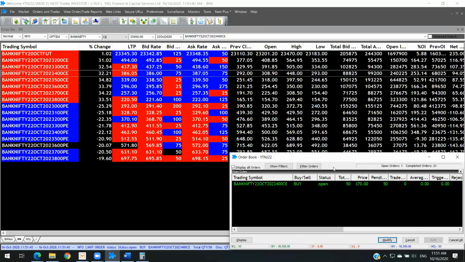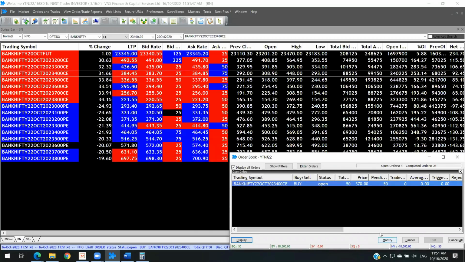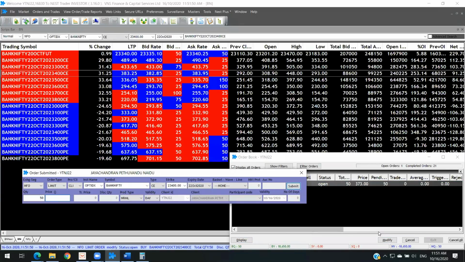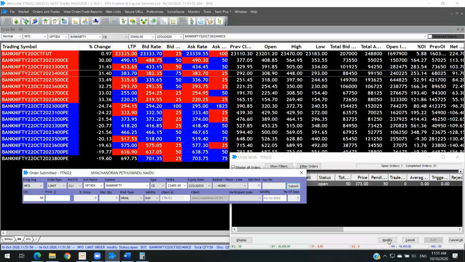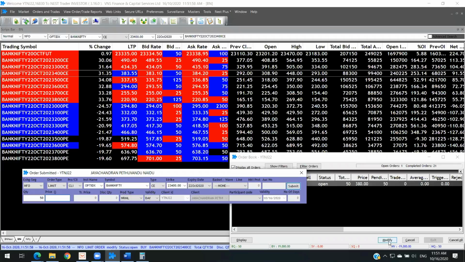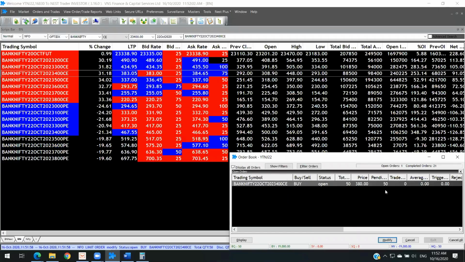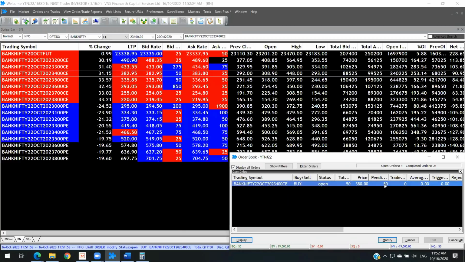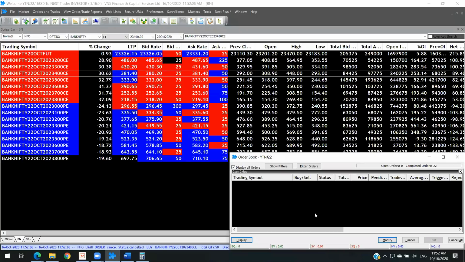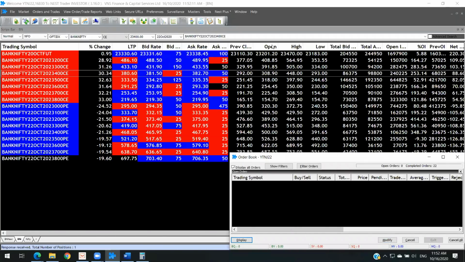Imagine this order is not getting filled. Just select this, click on modify, and then you can change it to 373. If you feel that no, I wanted to get it at like 375, I wanted to buy it at like 380, just move it to 380 and then place it again. A similar thing you need to apply for a sell order also. When you're moving pretty fast, you need to do it. And if you don't want this, just click the delete button, select that, and then it'll get cancelled. And that's it. That's the way you need to place that sell order.